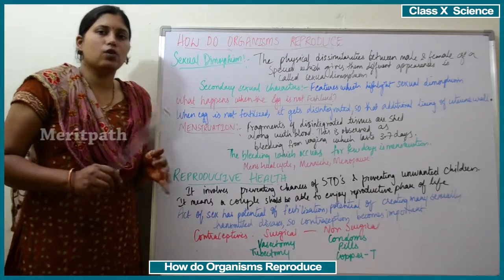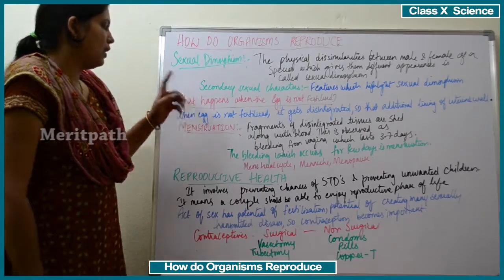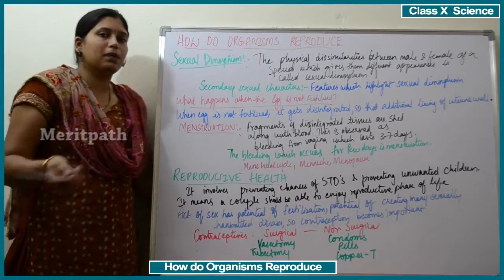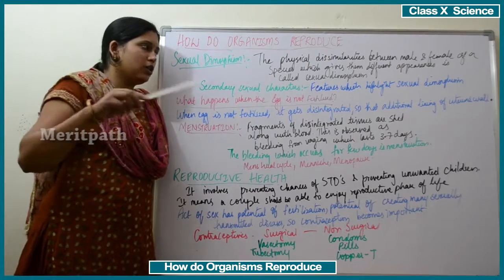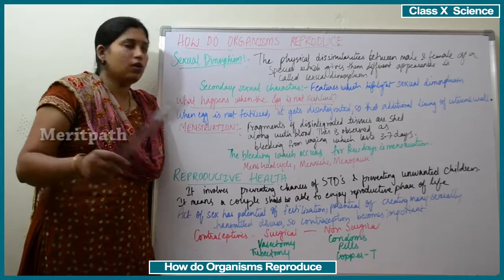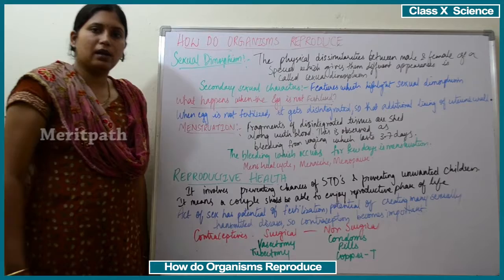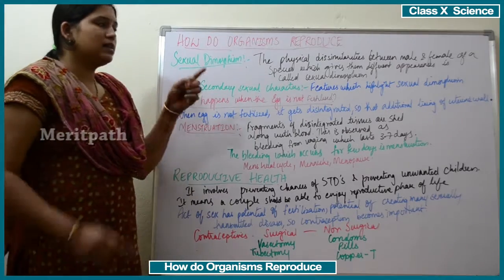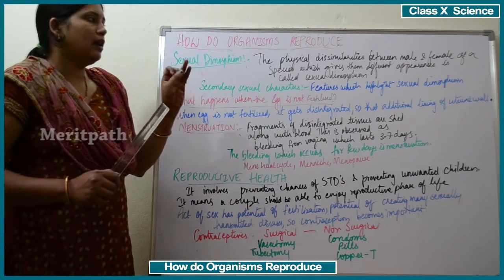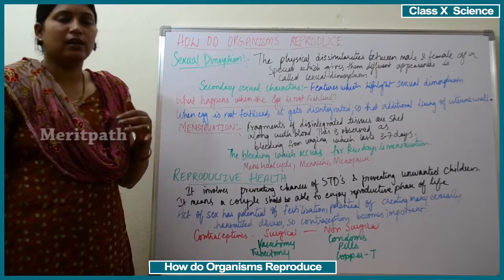If this egg is not fertilized with the male gametes, or sperms, then what happens? The egg gets disintegrated, which means it almost becomes dead. In addition, the uterine wall also becomes disintegrated. Then the disintegrated egg along with the uterine wall lining comes out through the vagina in the form of blood.